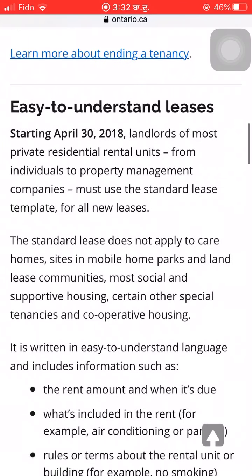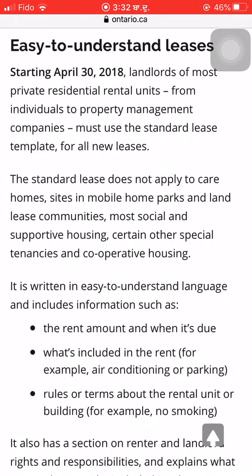The first thing I would like to tell you is the major thing that people usually forget, and people who are new to Canada don't know much about this. You have to get a lease or rental agreement from your landlord or landlady if you are moving into a new house, because if you don't have a lease or agreement, then it's not legal. You cannot claim your rights if you don't have any document in written form.